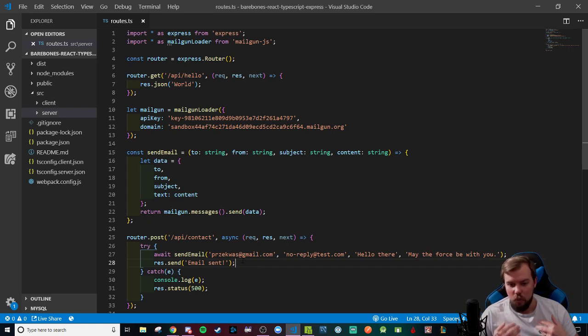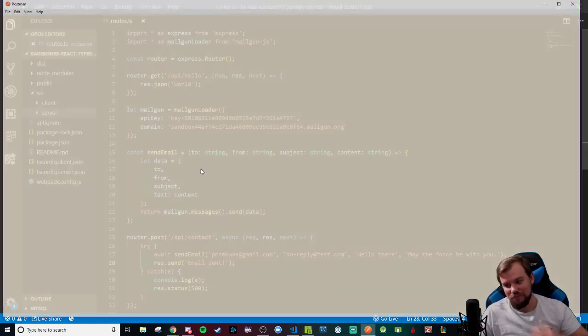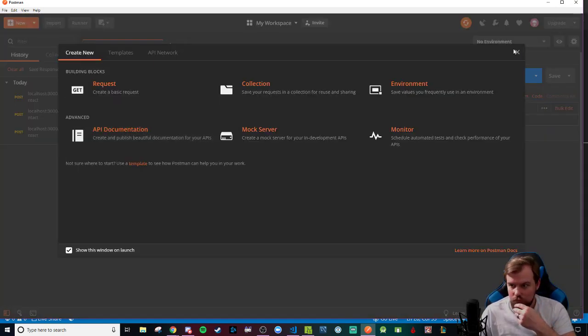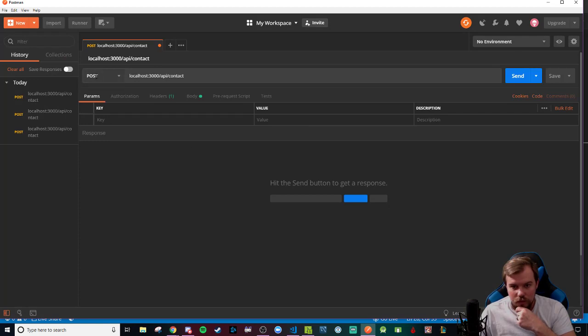All right, so my server is listening on port 3000. There's no errors. I don't know how that happened, but that's okay. I'm going to open up my Postman, and more than likely my Postman will have my test from earlier, so I might not have to code too much on it. Okay, cool. It's going to be a post request to localhost 3000 API contact. Y'all can see where I was testing this earlier to make sure I didn't make a complete fool of myself